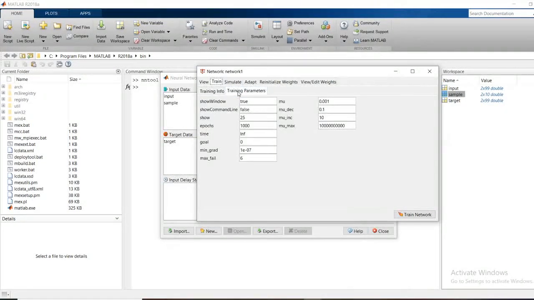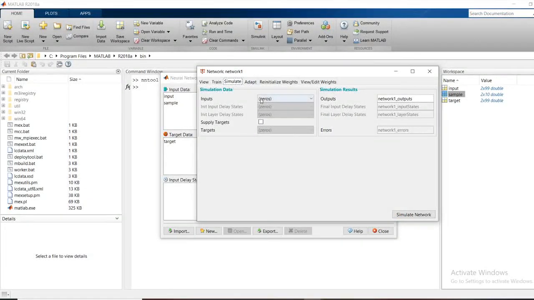In training parameters, don't change anything, it is taken as default, and go for simulate. In simulation data, go for inputs, go for sample, and for output simulation result take the name prediction values. Prediction, don't give any space, and simulate the network.